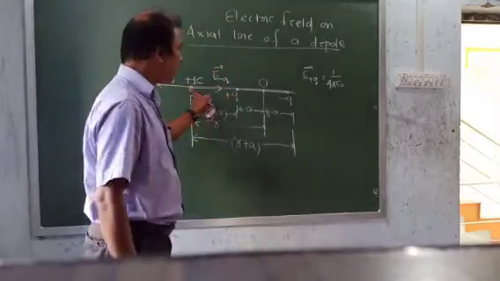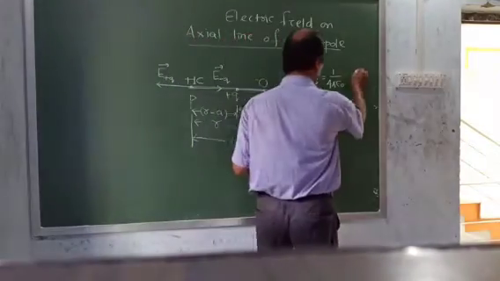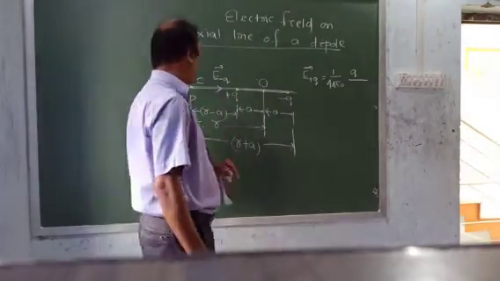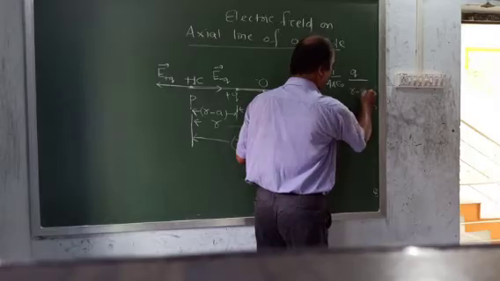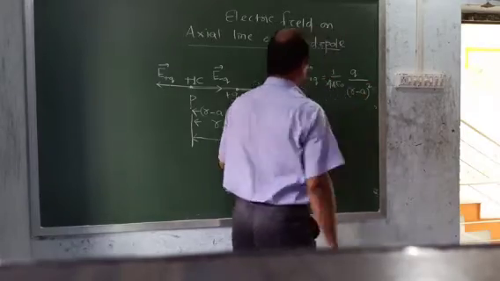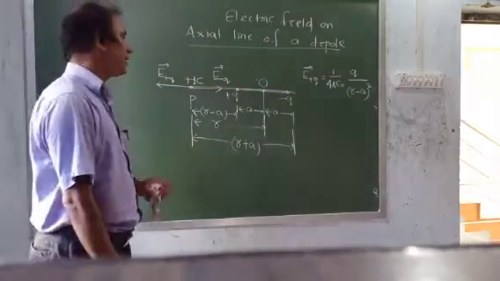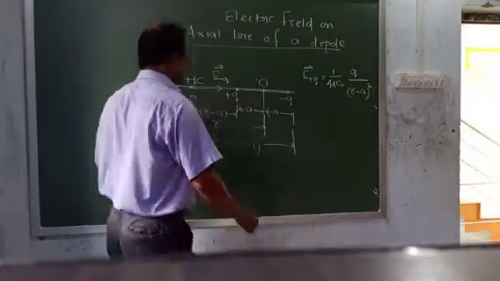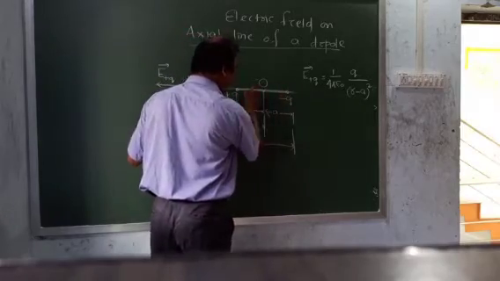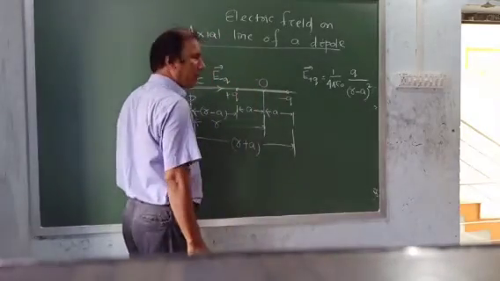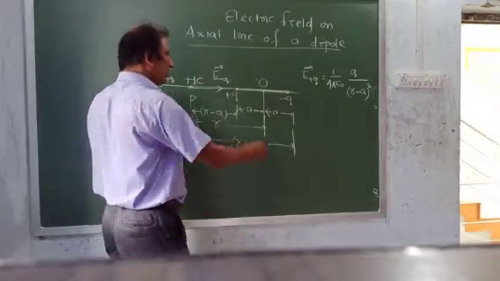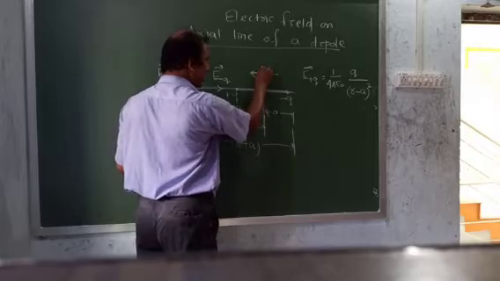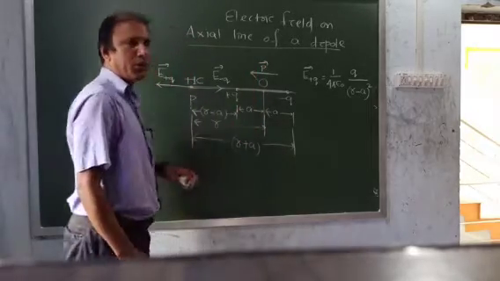For this charge we are finding the electric field, so we take the magnitude of the charge divided by the square of the distance from the charge, which is r minus l. So r minus l whole square. Next is its direction. For the direction we have to take the reference of the dipole moment vector. This is a dipole. Already I told you that the dipole moment direction is always from the negative charge to the positive charge. So this is the direction of the dipole moment vector.